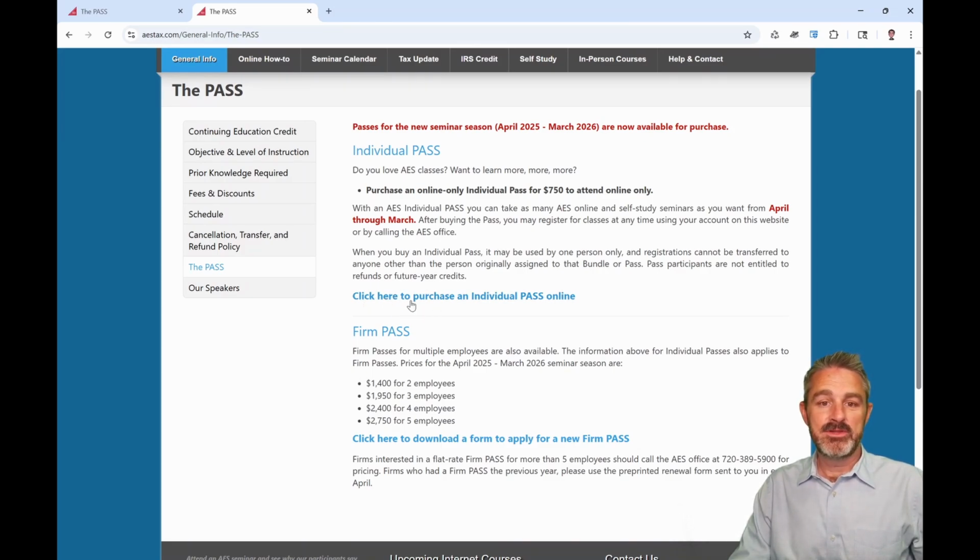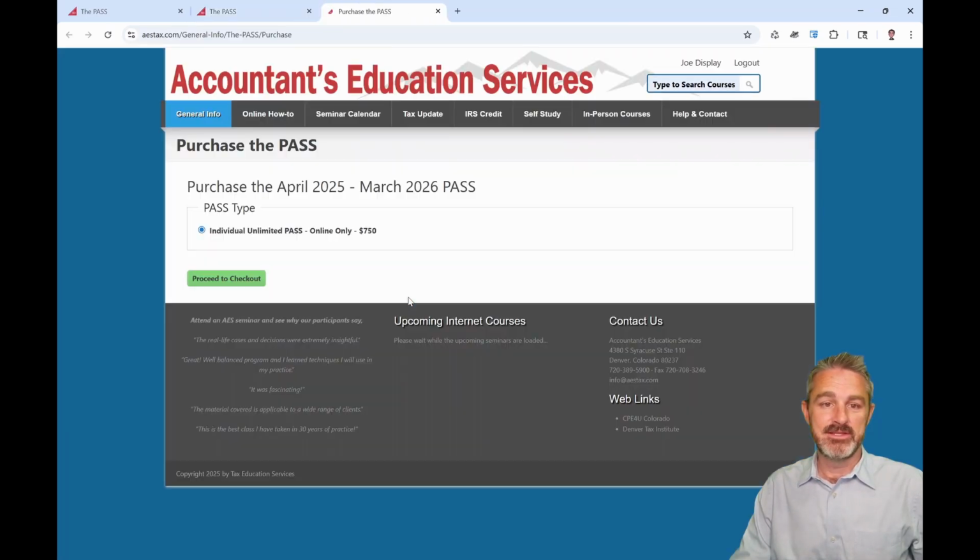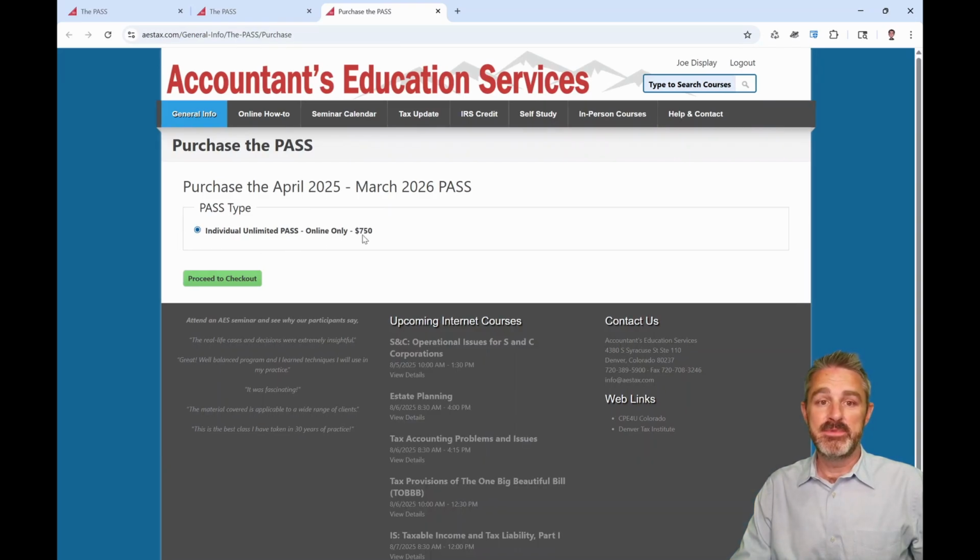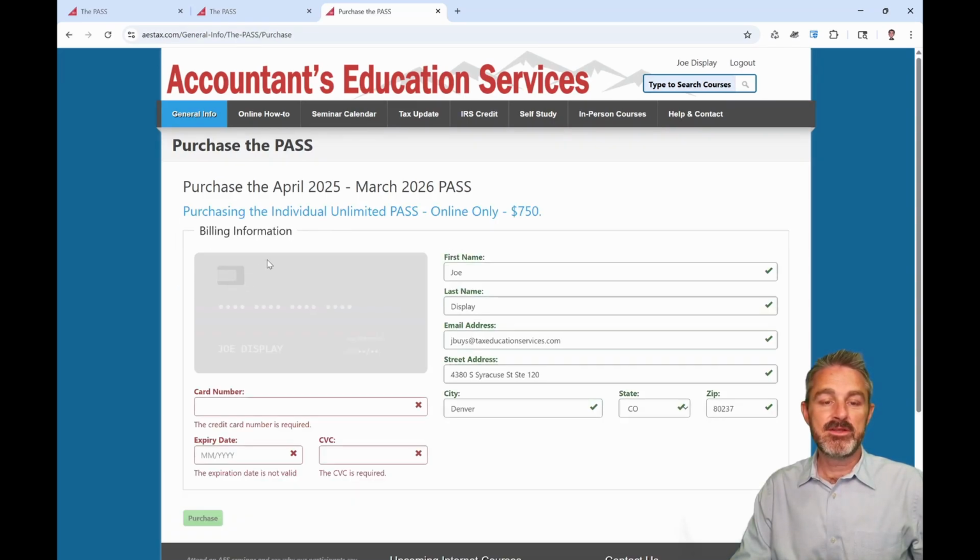Once you're here, you want to click here to purchase an individual pass online. This is an individual unlimited pass, good for any online courses we offer. Click Proceed to Checkout, enter your credit card information here, and click Purchase. Once you do that, you will get a confirmation email with your pass number, and it will also show up